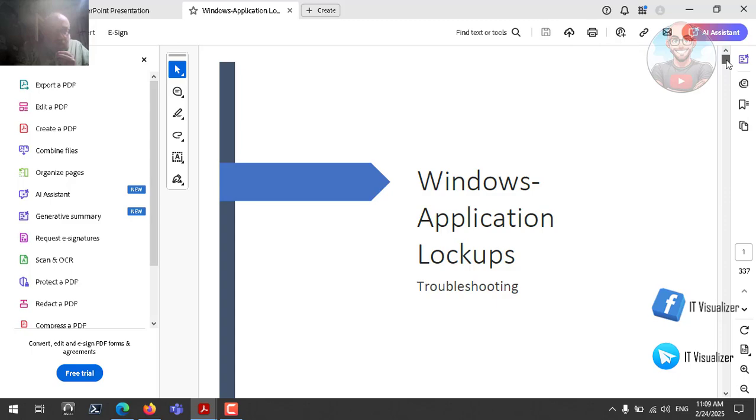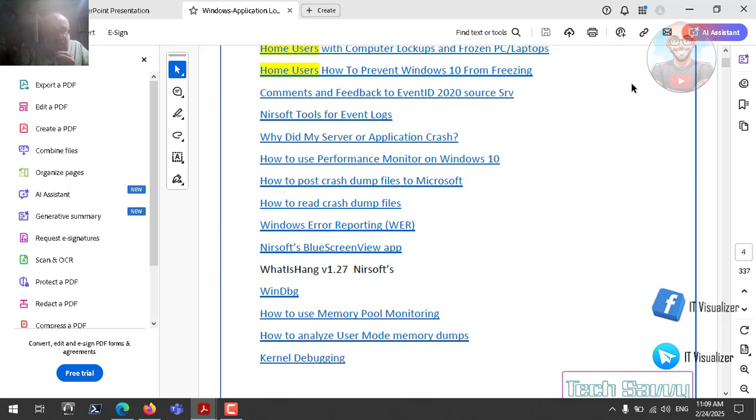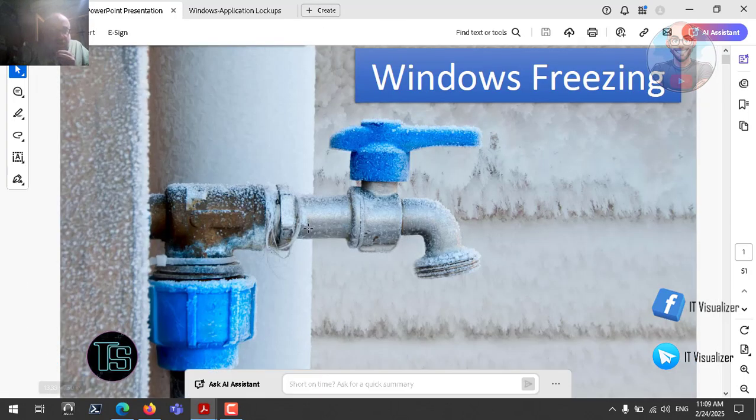Today we will discuss the first part of his video, and here is the PDF that contains a lot of useful information about Windows application lockups. As we can see here, there is a lot of things. He is introducing different tools that we can use to troubleshoot application freezes and Windows operating system freezes, how we can use them, and what are the event IDs we need to see in our Event Viewer to identify that there is a freezing issue. Anyway, we'll discuss all of these things. And there is another PDF that we will use. These are the slides that he used in his